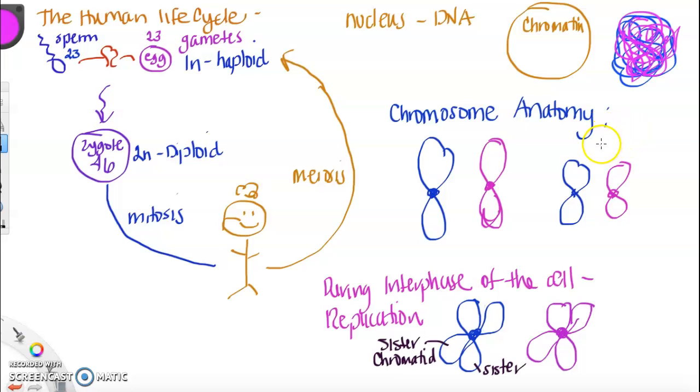So then in prophase, this looks like that now. All that stuff condenses, and we've already replicated because we're in prophase now, so we're in mitosis and we're dividing. So that chromatid condenses and it looks like these guys here. Okay. So the next video will talk about the phases of